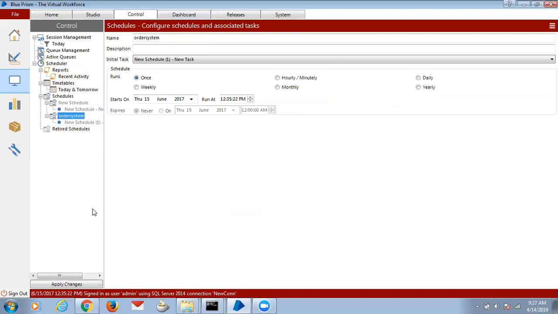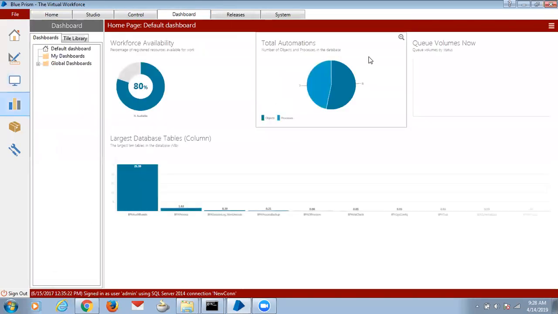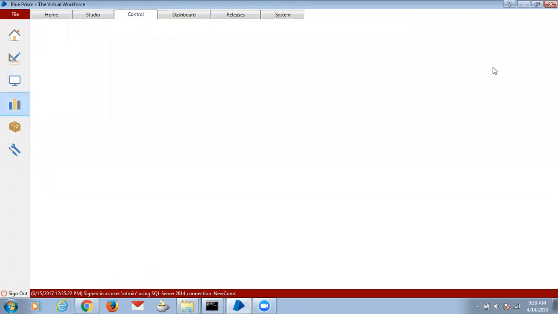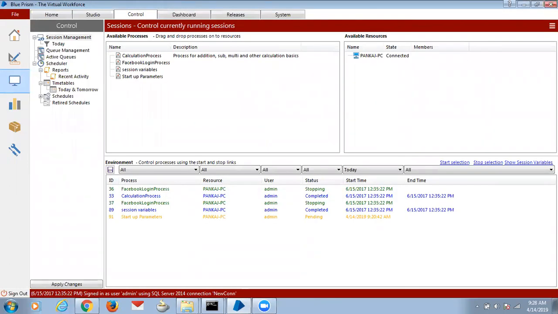So normally the available resources page will show us which VMs are available, right? Correct. And they will give the VM number. In real time, you can see there are lots of VMs, some 10 to 15, depending upon their client infrastructure. So they will schedule according to that particular time.